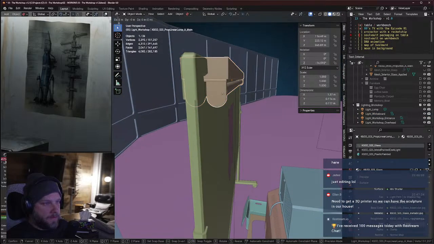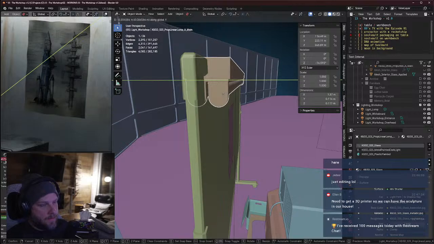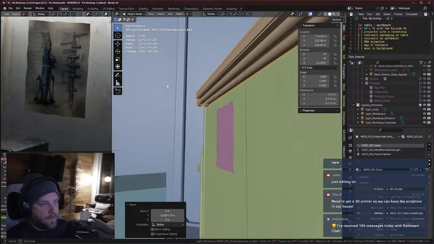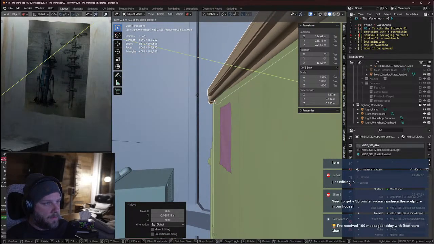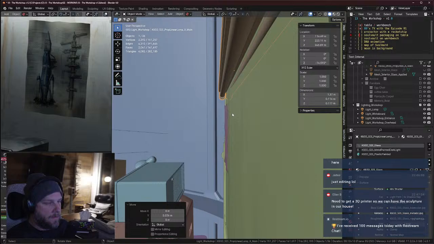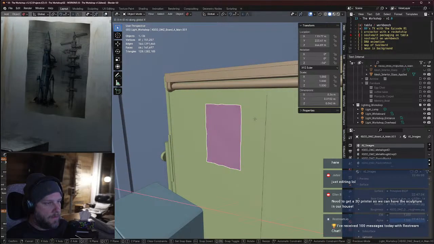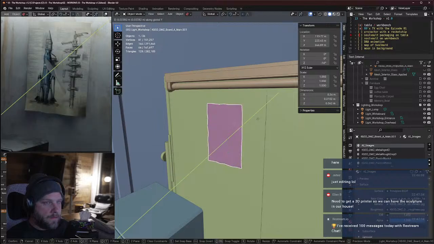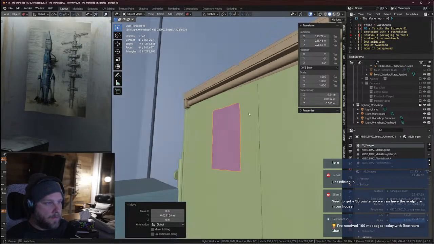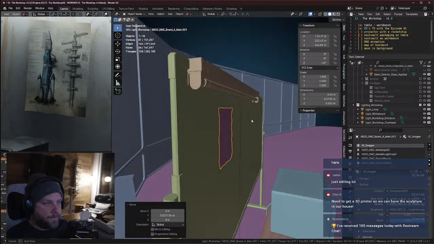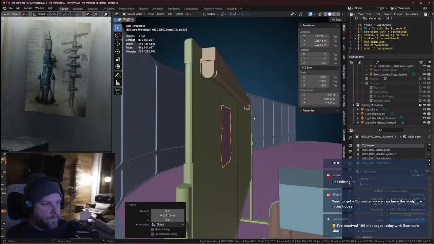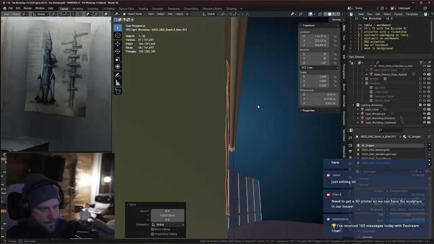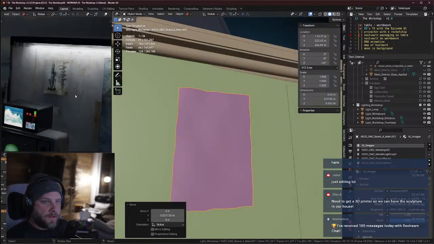I think part of it's because it looks like it's floating, but